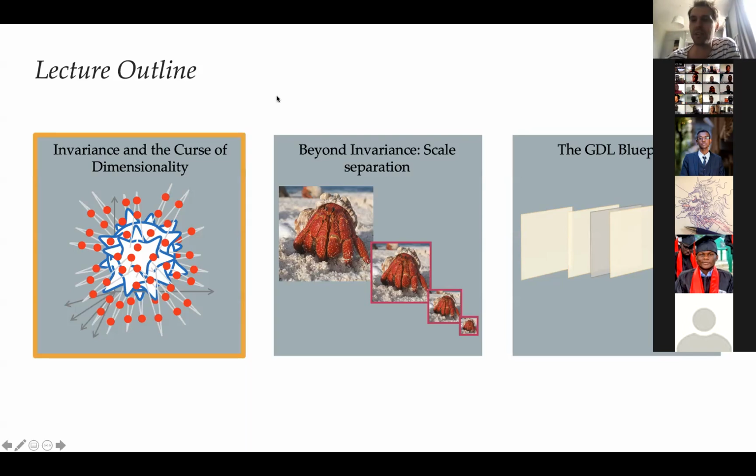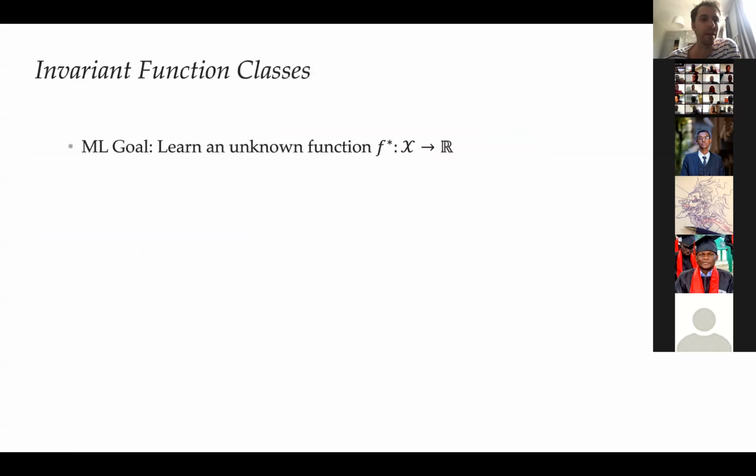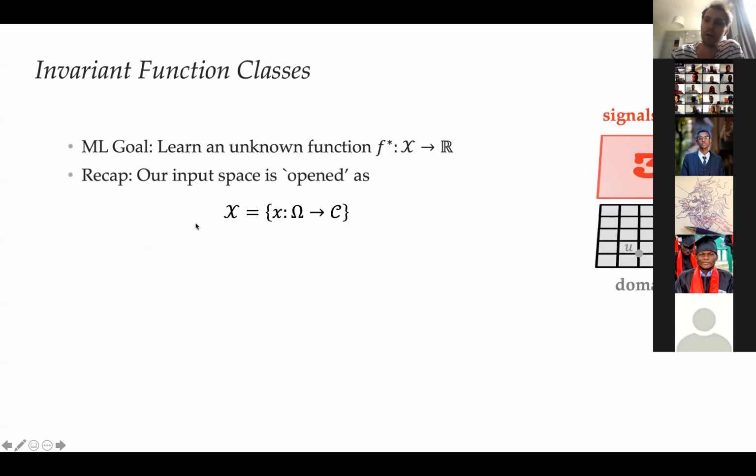Okay, so let's start right away from the first part. Remember the goal in machine learning, at least in the supervised setting, is to learn an unknown function, f star, and I'm also using this to recall some notation. And so what Taco has been presenting to you is that one can actually